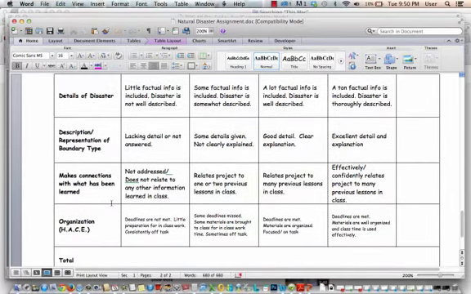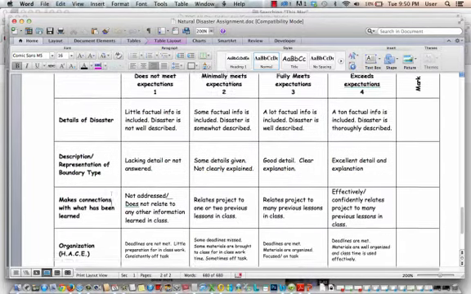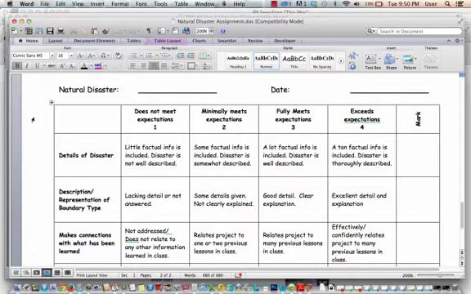And lastly, your health and career and your organization here. Are you meeting deadlines? Are you constantly on task? Have you left materials at home? Are you using class time wisely? Okay, that will give you a total. But again, this is the scale, the familiar scale that we'll be using.